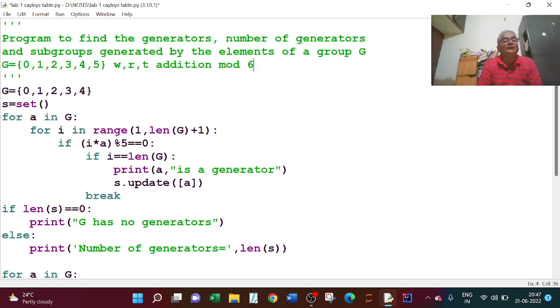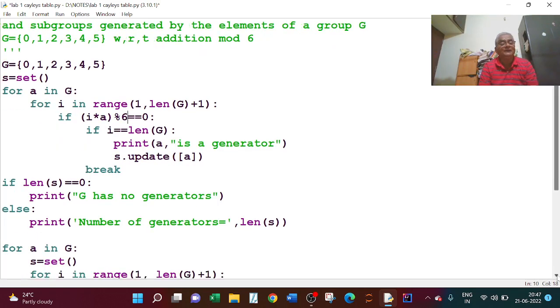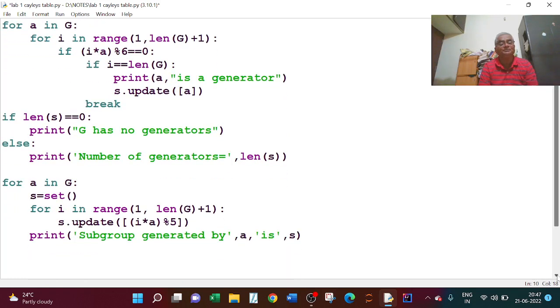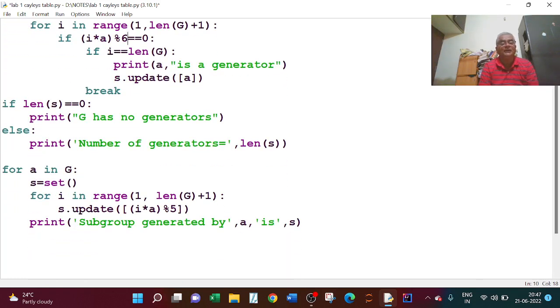So G equal to 1, 2, 3, 4, 1, 2, 3, 4, 5. A in G, here I have to change. Again, the addition modulo is there. Just have to change this 5 to 6. This is same. Second, this line is same. Everything is same. And in the second part, again, this is also same, but the only thing I have to change is this percent 6. Okay. Now, if I run this program,